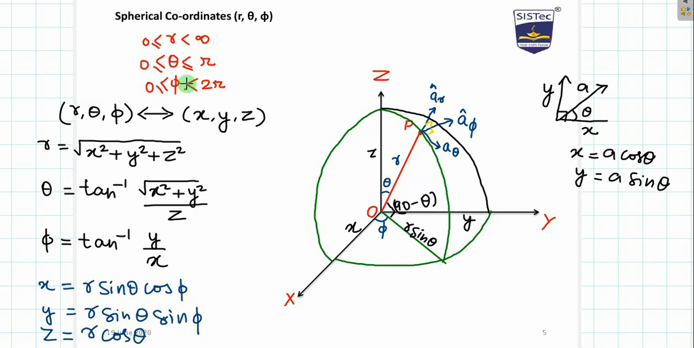Now we will see the transformation between the unit vectors. Okay, so while we were discussing the cylindrical coordinate system,